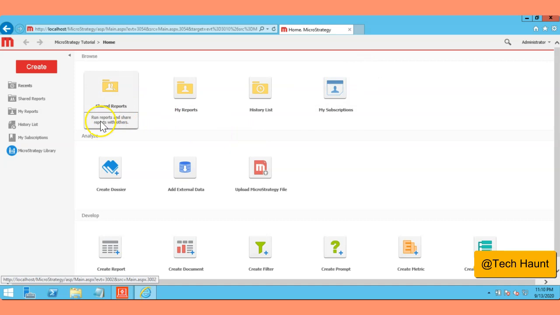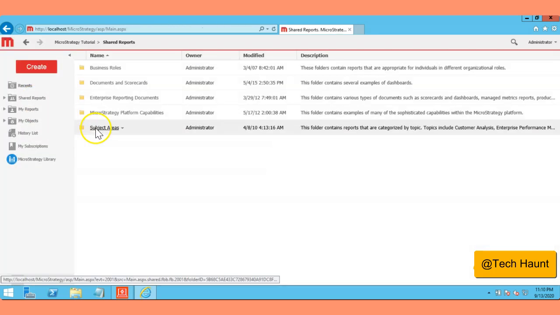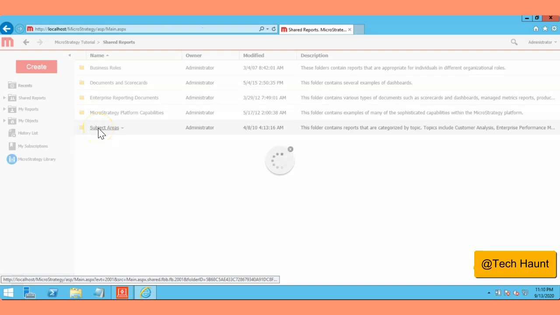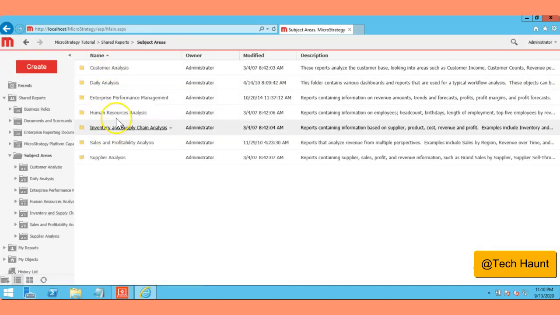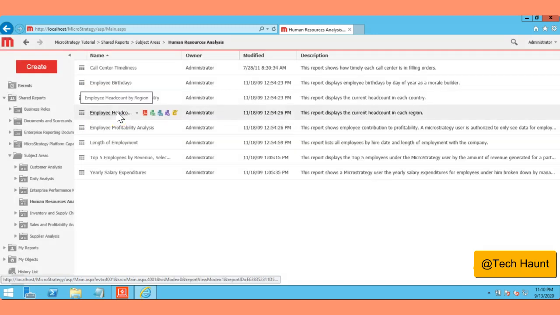Here you need to go to Shared Reports, and under Shared Reports you have the Subject Areas, you have a couple of reports under this one, and then Human Resource Analysis, and then you can execute any of the reports here.